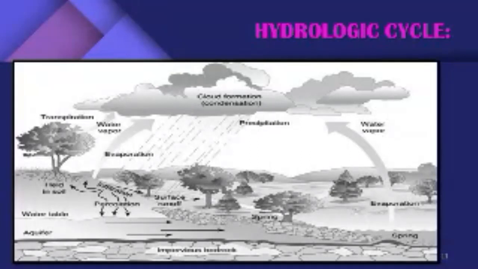So, the next process is infiltration. Infiltration is the process by which water on the ground surface enters the soil. It is commonly used in both hydrology and soil sciences. The infiltration capacity is defined as the maximum rate of infiltration. Let's move towards the next process, which is percolation. Percolation is the process of a liquid slowly passing through a filter,